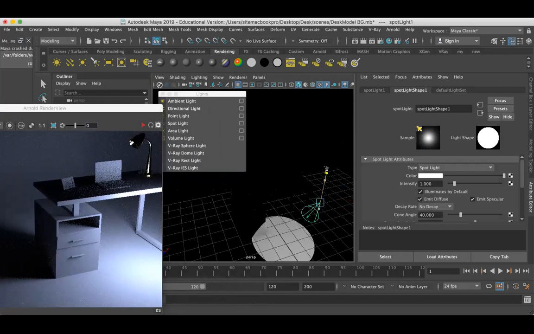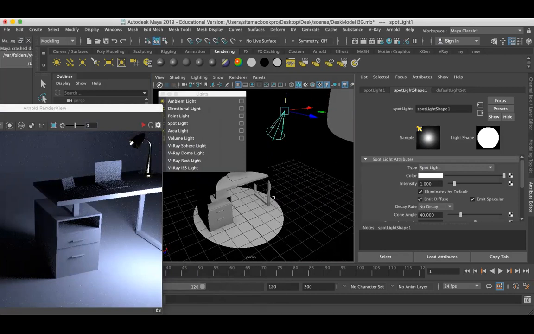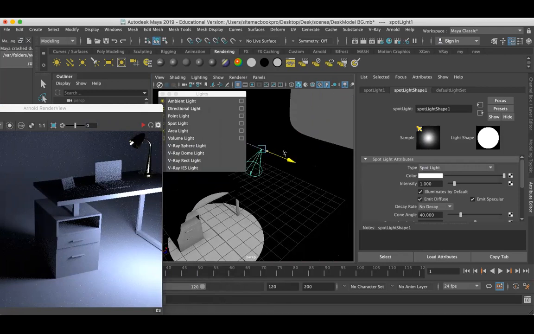You might have seen this kind of light in some festive places. So this is a cone.